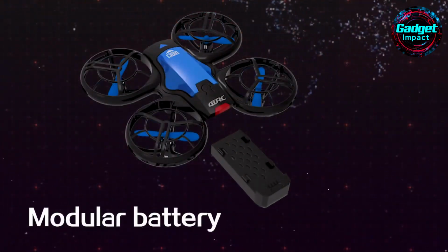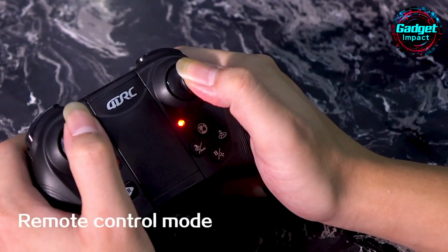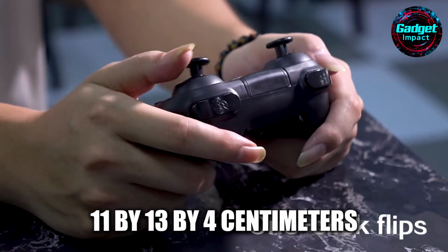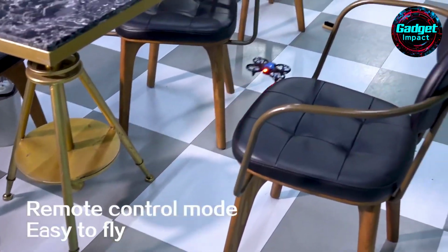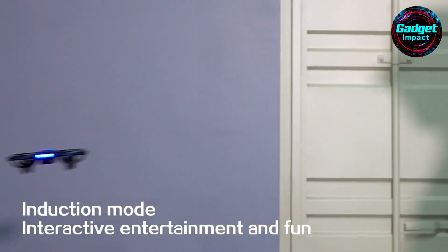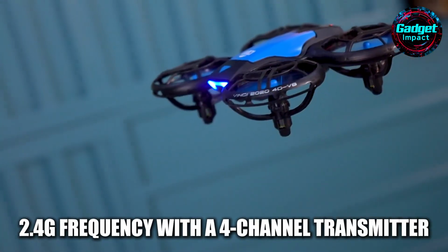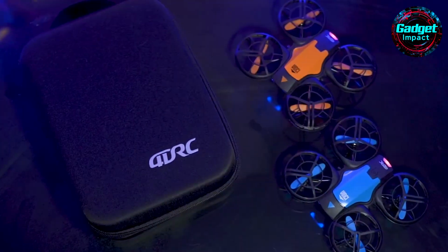The V8 drone is available in sleek black and vibrant orange, boasting a compact and foldable design that makes it highly portable. Unfolded, it measures 11 by 13 by 4 centimeters, fitting easily into a backpack or pocket. This drone is equipped with a 6-axis gyro and a 7/116 brushed coreless motor, ensuring stable and smooth flights. It operates on a 2.4 G frequency with a 4-channel transmitter for a reliable, interference-free connection, and the remote control